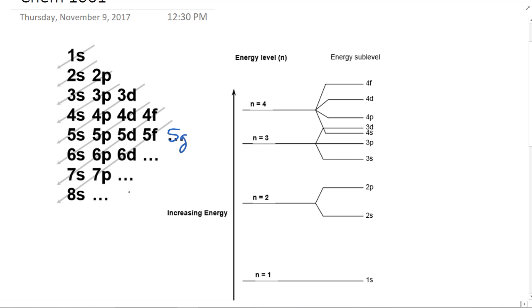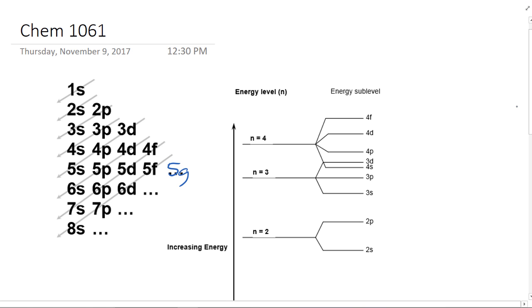So if you always want to know how many sublevels there are, the number of sublevels is equal to the value of n itself, at least the maximum number of sublevels. So the sixth would be 6f, 6g, and then 6h, and so on. Now as far as the number of electrons in each sublevel, the s's always hold